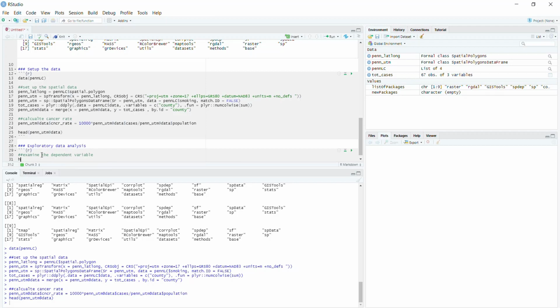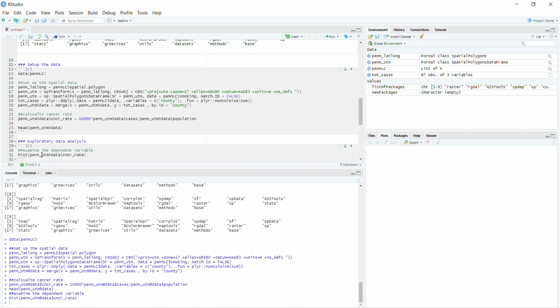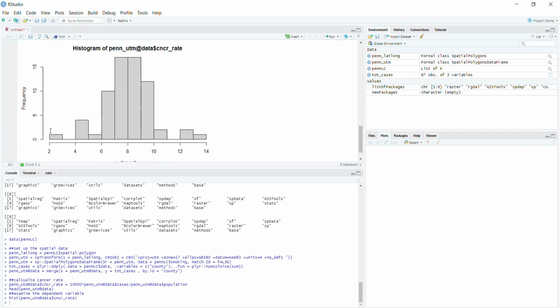And what I like to do, before running anything with Shapiro-Wilk, is a quick histogram. So this is going to be pen_UTM at data $ cancer rate, or CNCR rate. Not rate 0, rate. So if we run that line of code, you'll see that we get this histogram, and